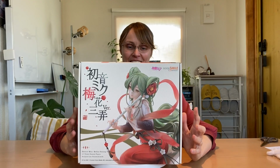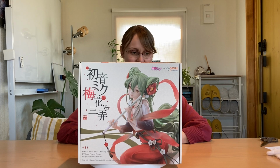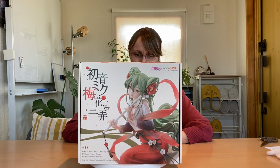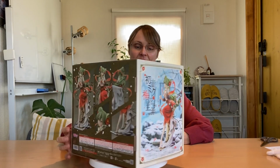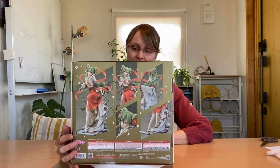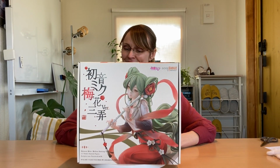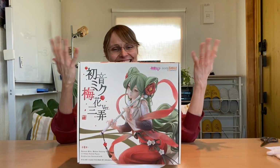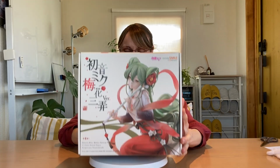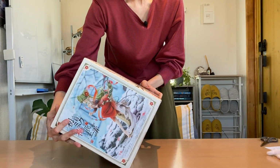Alrighty then. I didn't know she was supposed to be a snowy vibe. I didn't really know that was a thing either because it looks like she's got cherry blossoms. Maybe those aren't cherry blossoms. No, they're a red flower. I have no idea what kind of flower that is. Maybe it's a flower that blooms in the winter. Maybe. I don't know. Okay, so let's open the box. That was kind of spring vibes, but the snow so is maybe...